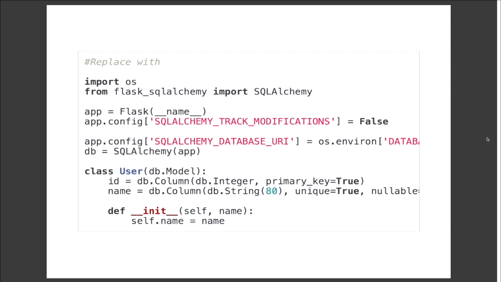And if you look at this, import OS is something that helps us get environment variables. From Flask SQL Alchemy, import SQL Alchemy, that's very similar to the from CS50 import SQL. Next, this app.config SQL Alchemy track modifications, that part, yeah, that's confusing. That's just a warning that if you don't have it, you'll get that warning. So just listen to the computer and just put it in. Then you have an app.config step, which basically allows us to use the environment variables database URL to find the